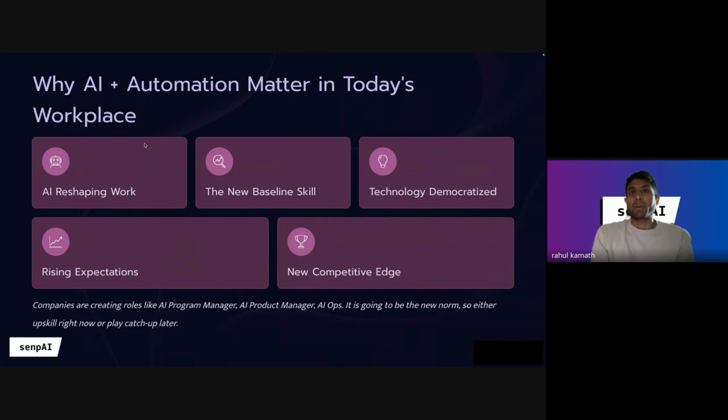So why it's important right now is, one, because it's reshaping the way we work. Be it a simple data analysis, or a simple report which you're building, or a document which you're writing, everyone is using AI to some capacity, and the way we work is changing.